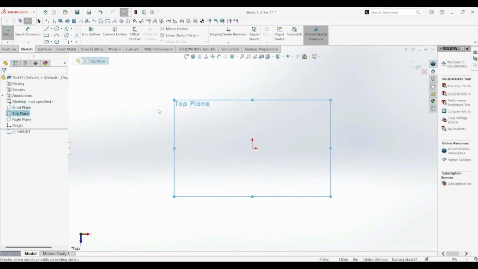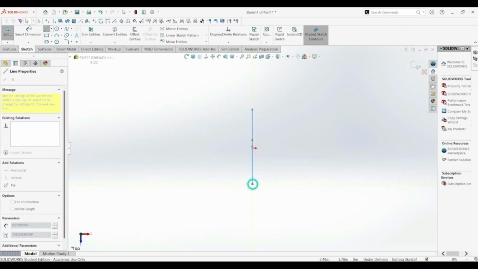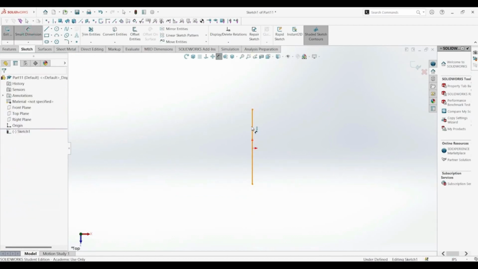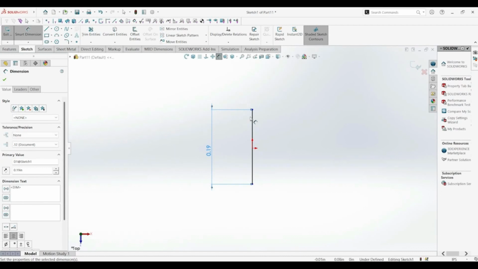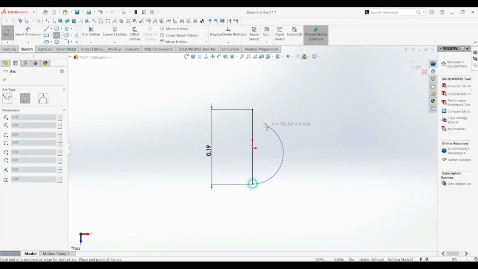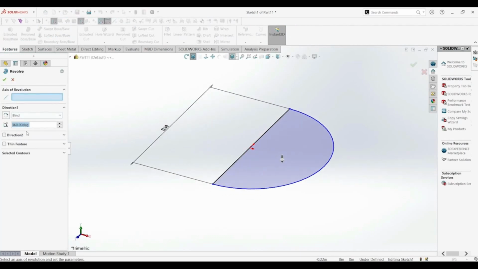Top plane again, and here I want you to draw a line and give it a length of 0.19, 0.19, and then I want you to draw a tangent arc from one end to the other, and then go to revolve boss base, then our axis of revolution, we want